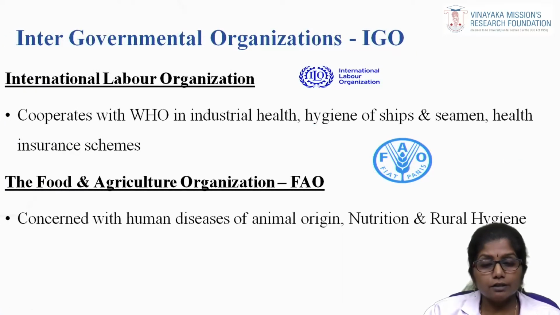Continuing with the intergovernmental organizations, the ILO was created in 1919. The goal of the International Labour Organization is to advance social and economic justice by setting international labour standards. The main function of the other organization, the Food and Agriculture Organization, is to help all nations fight against poverty and raise the living standard of people.